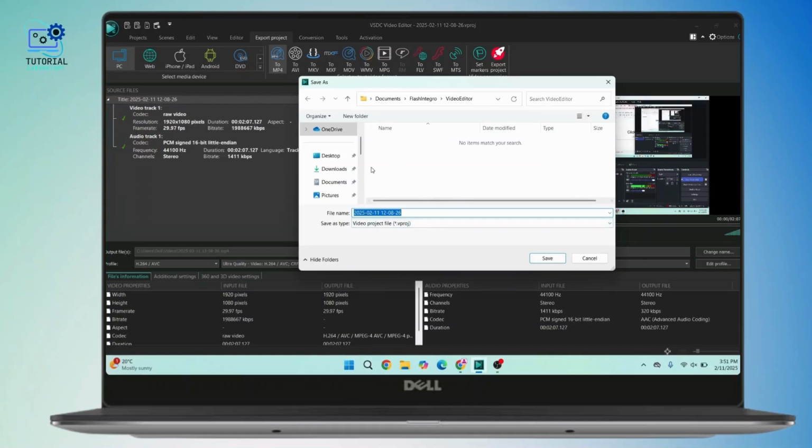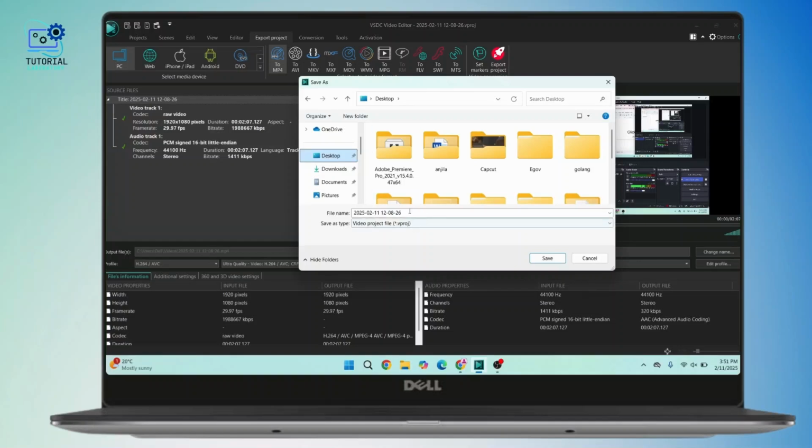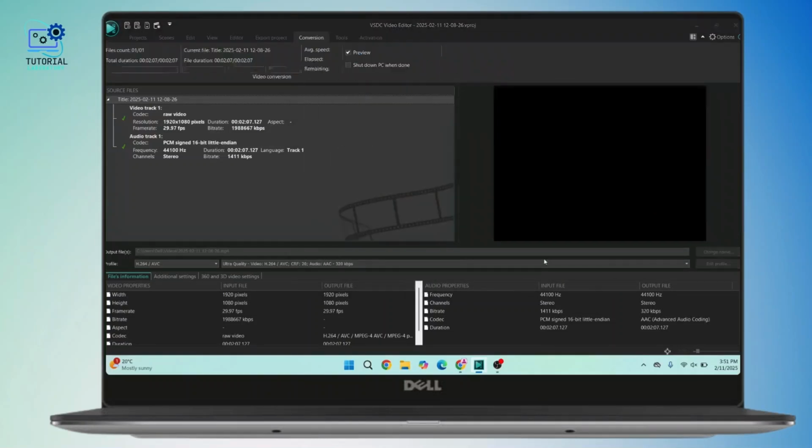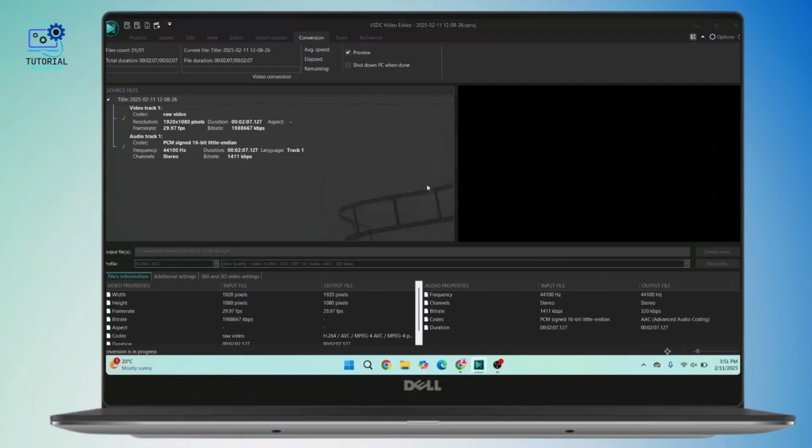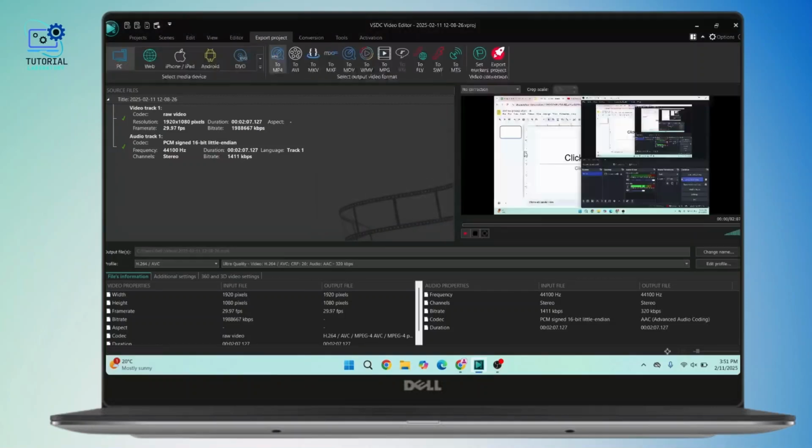Now you have to select the location where you want to export or save your video to. For example, I will save it on my desktop. If you want to rename your file, you can do that and simply click on save. After that, the video will start exporting, and once the export is complete, there you will have an option